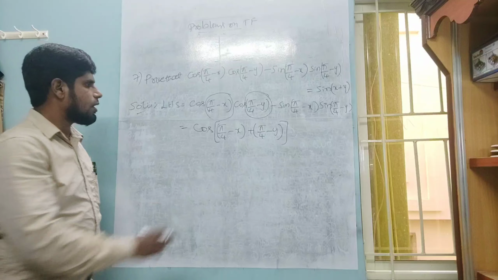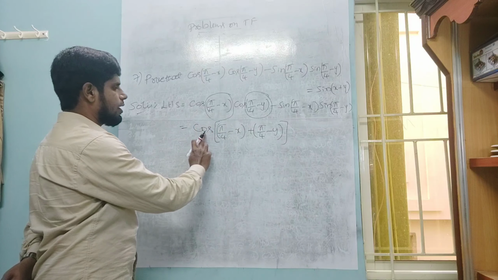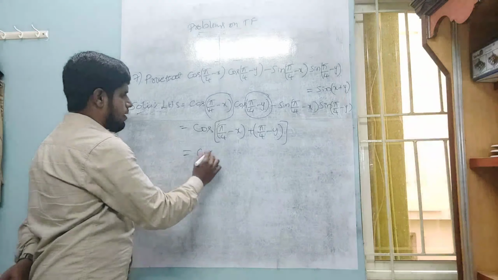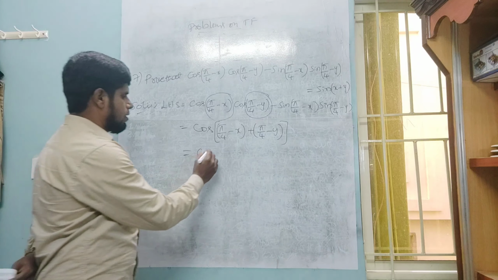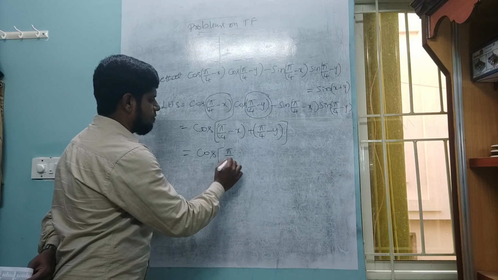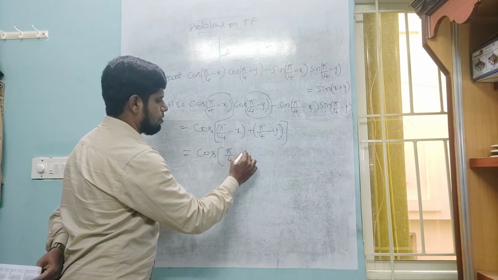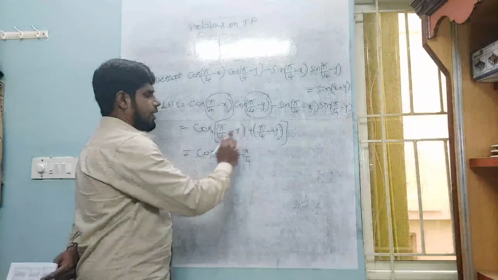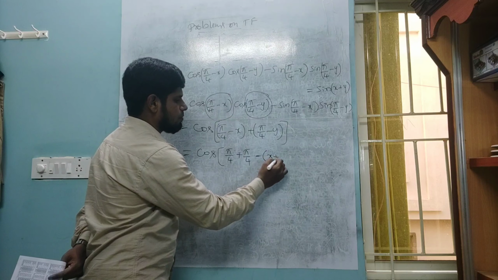Okay. As I said, this is our x, this is our y. So with the help of that, I can write cos(x plus y). Now here, x is pi by 4 minus x and y is pi by 4 minus y. Now in the cos, let me add this, pi by 4 plus pi by 4. These both have a negative sign, so I will take one negative outside. Then what is left out? x plus y.